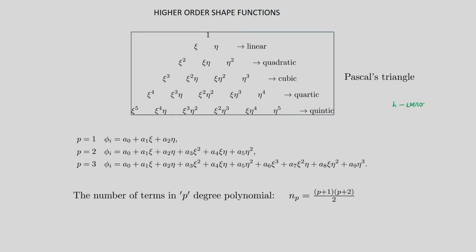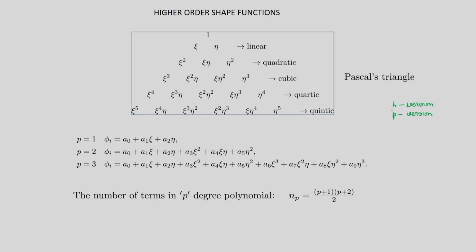That is, if we use pth degree polynomial, then the rate of convergence is proportional to h to the power p plus 1 in case of the unknown u. Now, in order to understand the convergence, if we remember in the one dimensional case, there are two strategies. One we call the H version of finite element, and the other is called the P version of finite element, where h signifies the characteristic length of a given element.